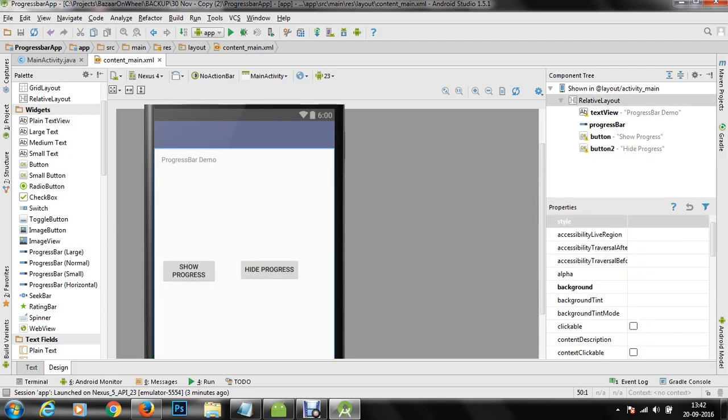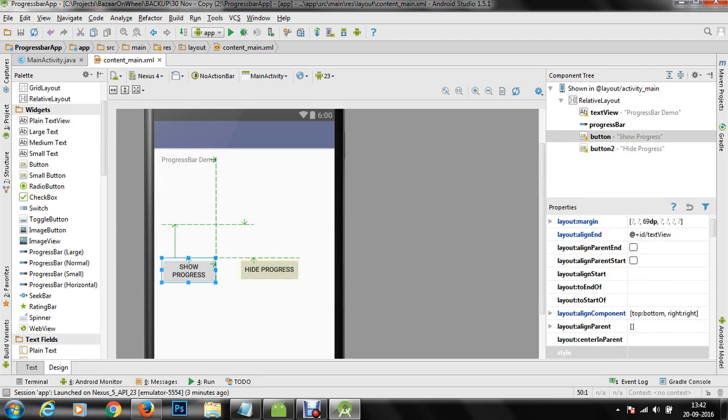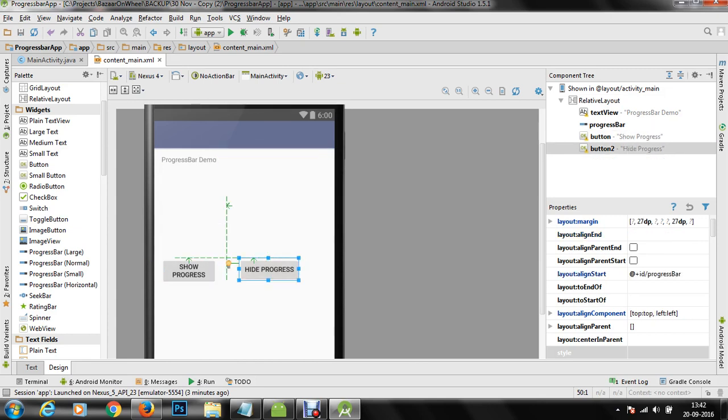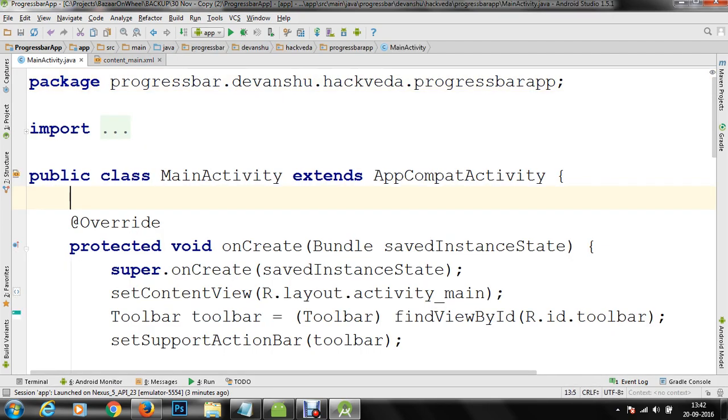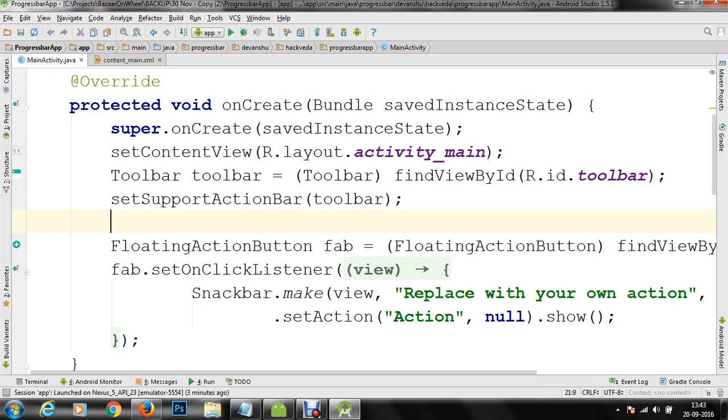So we have two buttons here. The first one is show progress, the ID is button, and hide progress has the ID button 2. So we are going to go to main activity. We are going to refer these controls, BT1, BT2. We are going to Alt+Enter to import the button class in our activity.